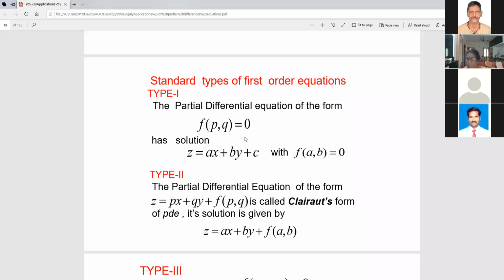As I told you, if you pick up Charpit's method for your interest as a teacher and solve this, you will see all of this, whatever we have done, type 1, type 2, type 3, and automatically you can get the solution. You can see nicely from the exact solution, dz equal to dou z by dou x into dx plus dou z by dou y into dy. So those P and Q values will be known to you. If you substitute those values, of course, you will get your Z, and after that you will be integrating.